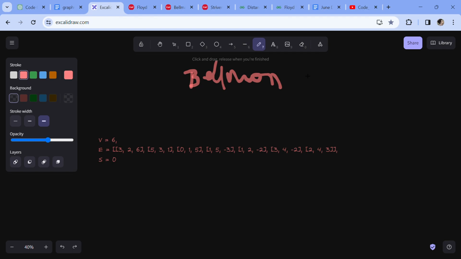So this is the algorithm which finds the minimum distance from the source. In this Bellman-Ford algorithm we are given the source node, and we have to find the minimum distance of all the nodes from the source node. Dijkstra is also the same, but there is one limitation: the Dijkstra algorithm cannot work with negative cycles, or negative edges,